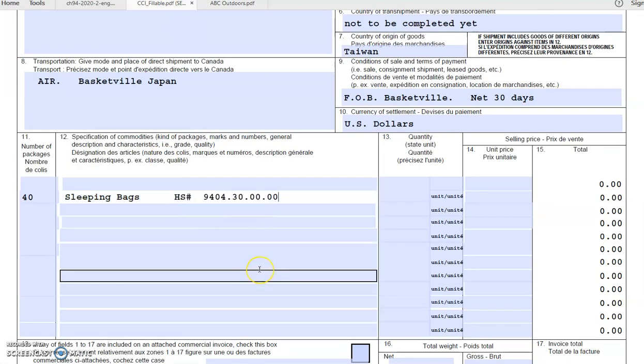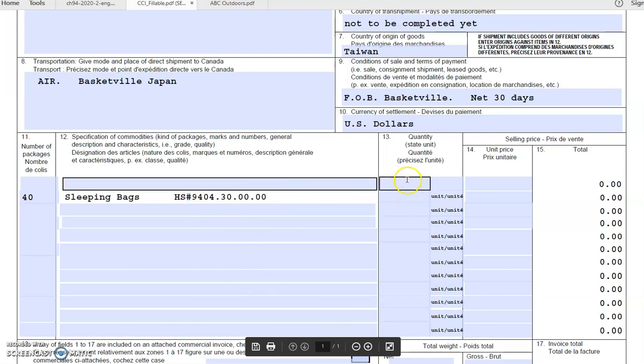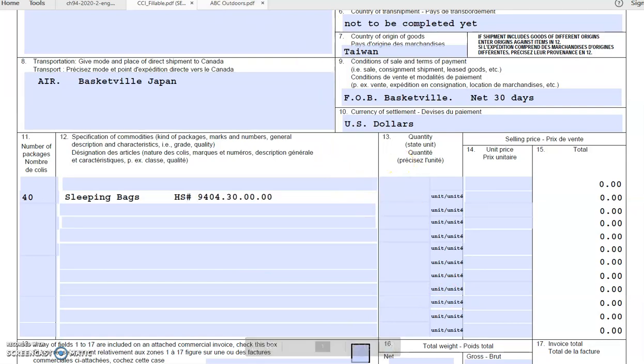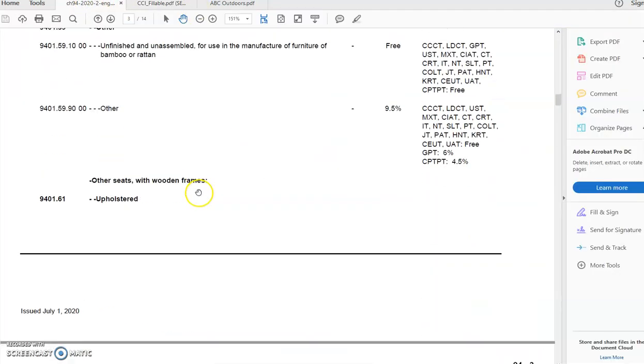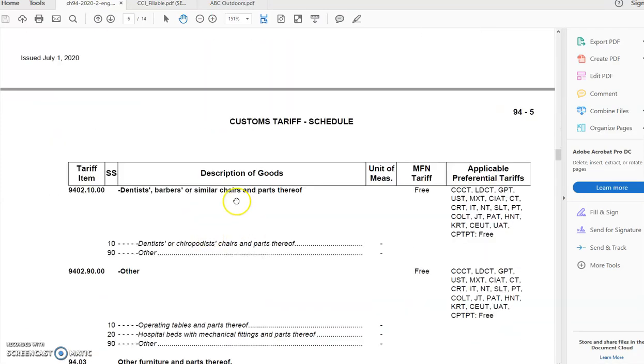Now what is this harmonized number used for? Well, every good in the world has its own unique harmonized number, and we'll get more details about this when we get into the B3. But for now, let me just show you a page from the customs tariff. This number says 9404300000. So if I go to the customs tariff and I look up 9404,